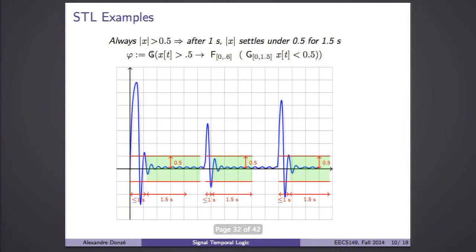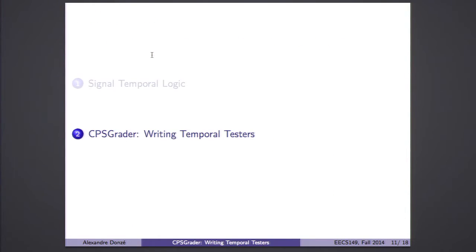All right, so this is my overview of STL that's being used in the grader. So now a little bit about the architecture of the tool, what we did. So